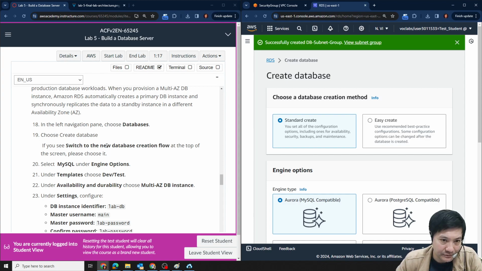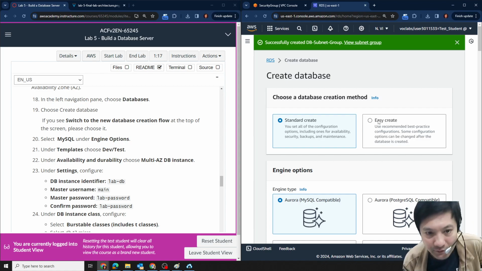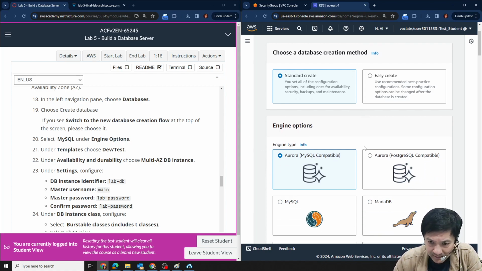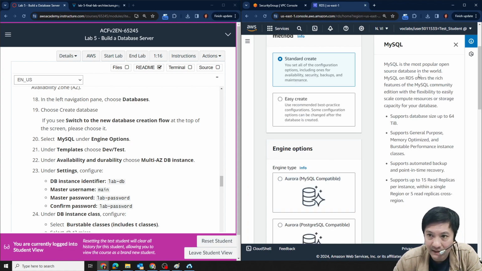And switch to the new creation flow if you see the old user interface。嗱咁啊，呢就轉咗界面，但係其實就冇啊，呢個係呢個 flow 都 OK 嘅啦。咁 in the description maybe have too real, but now I think everyone is using the latest version since the user interface may change all the time. And let's go to select the MySQL database, not the Aurora one。